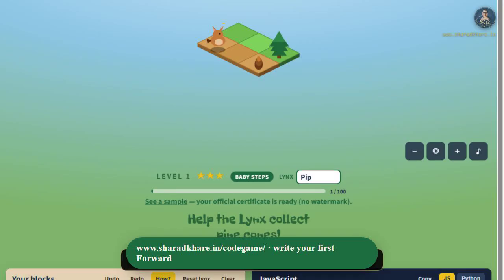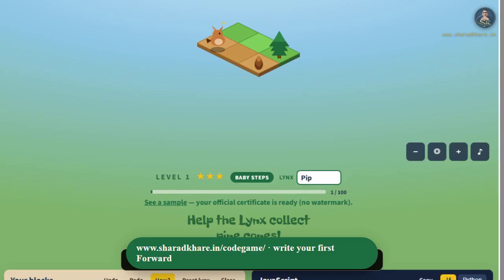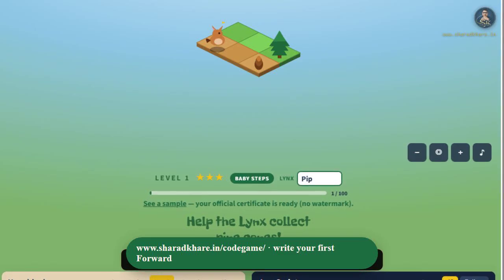So what is code game in one clean sentence? It is a 100-level path that turns programming ideas into something you can see, hear and fix with your hands. Blocks keep you brave, real JS and Python keep you honest, and the lynx keeps you smiling long enough to